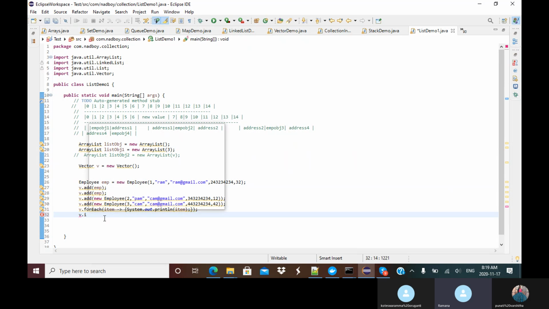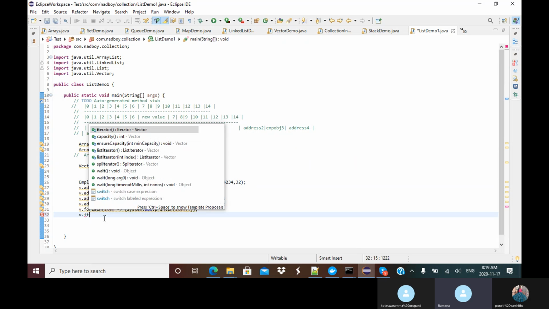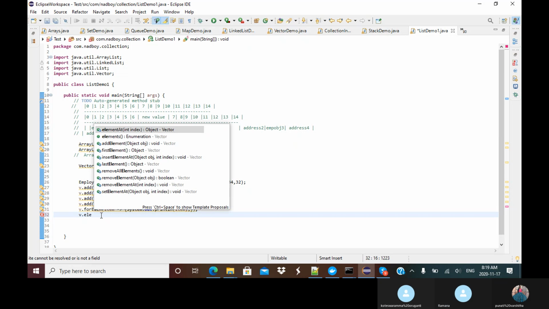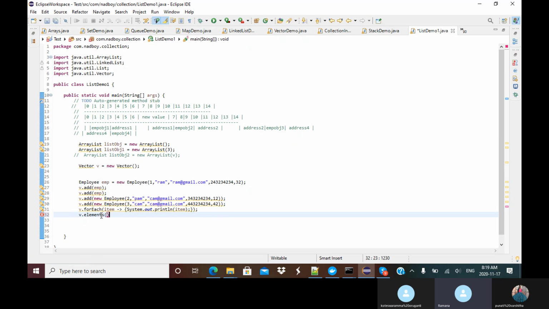One is iterator, which returns the iterator. Another one is list iterator, which returns the list iterator. The third one is elements, which returns the enumeration. Iterator and list iterator we have already seen. The enumeration,